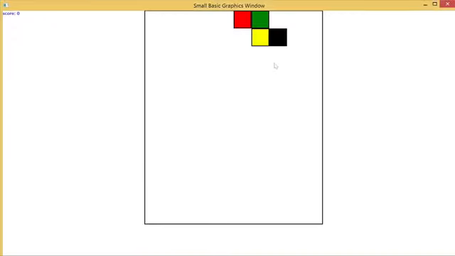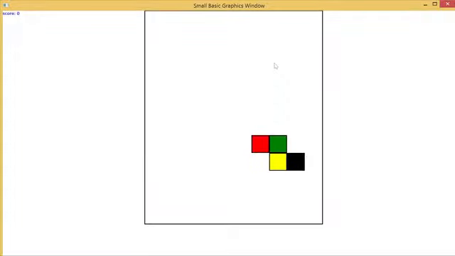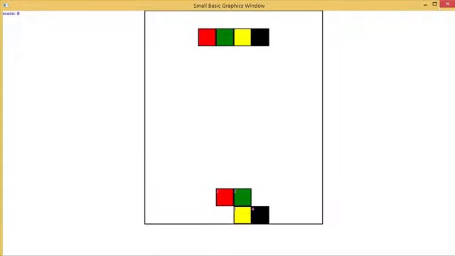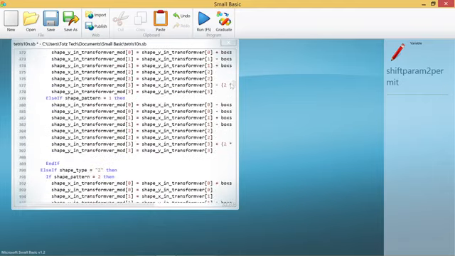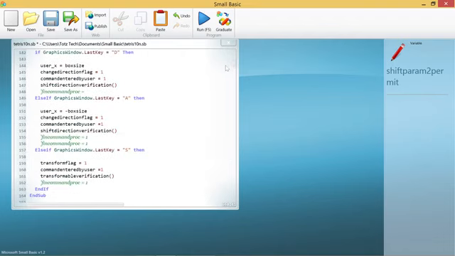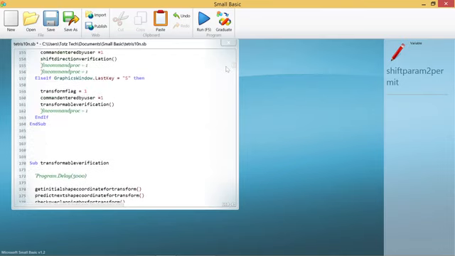So this is the S shift, and if we push D, if it is clear to shift, it will be shifted. If it's not, the program will not execute, because that's the rule of Tetris. And then next, let's go to the transform. Transform is rotate. So if we go here, if the user presses S, then the